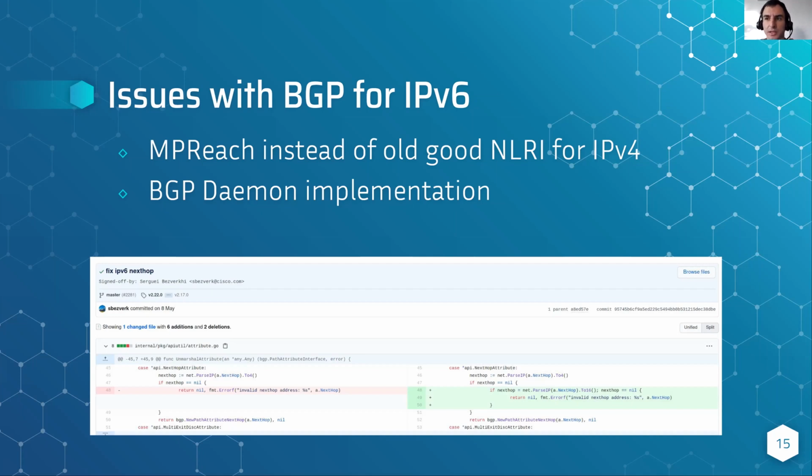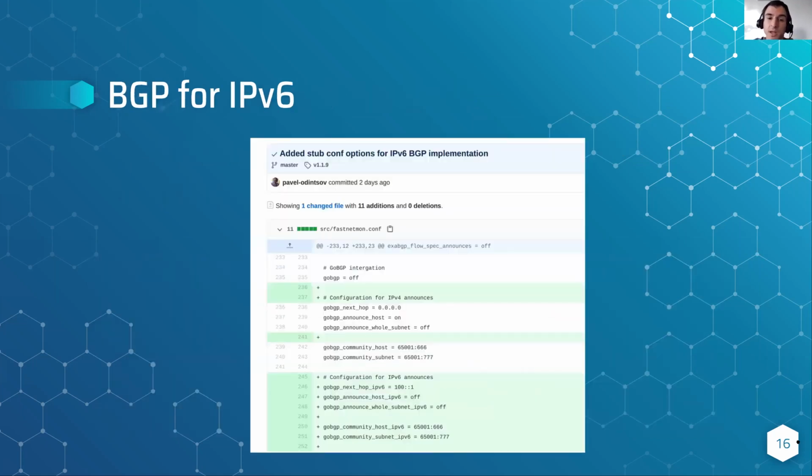I never heard about any for this kind of connection. It's very old stuff. It just works most of the time. You may experience issues with new implementations of BGP, like Go BGP, but you can see they can be easily sorted. So again, no problem from a BGP perspective.